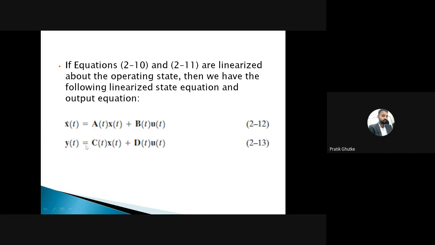These are your state space equations. If anybody asks you what the state equations are, you should tell directly that the state equations consist of an input equation and an output equation. The input equation can be given as x dot of t equals A x of t plus B u of t, and the output equation y of t can be defined as C x of t plus D u of t. Keep that in mind.